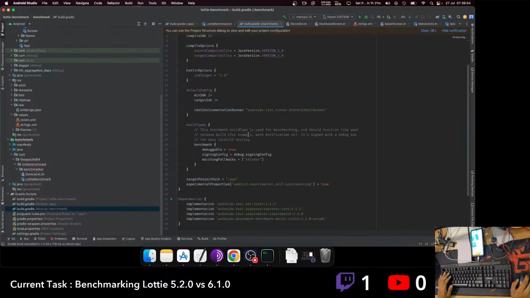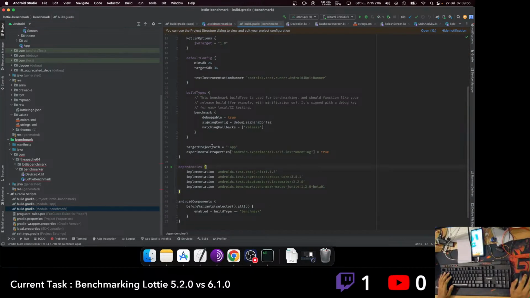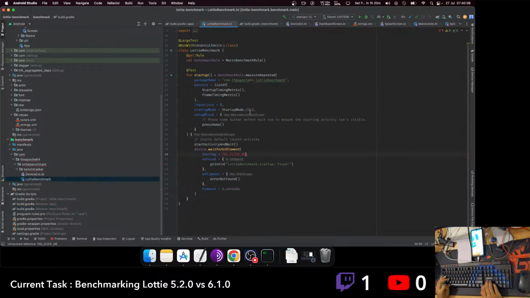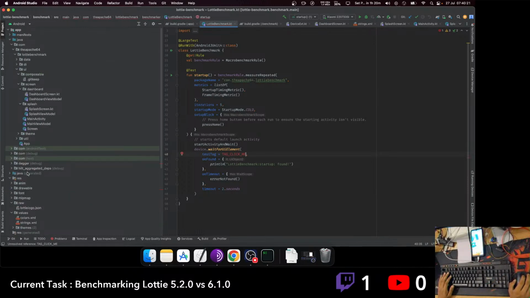Interesting. Target project path is app, right? So things should be automatically available. No? Not necessarily. Seriously. Really? No way. How come? These are two different modules, I agree. But